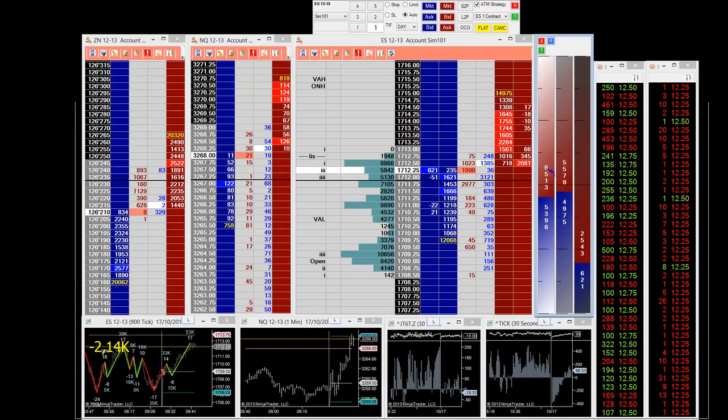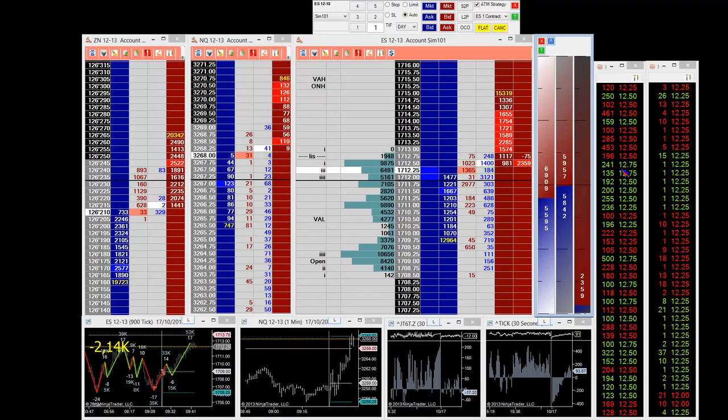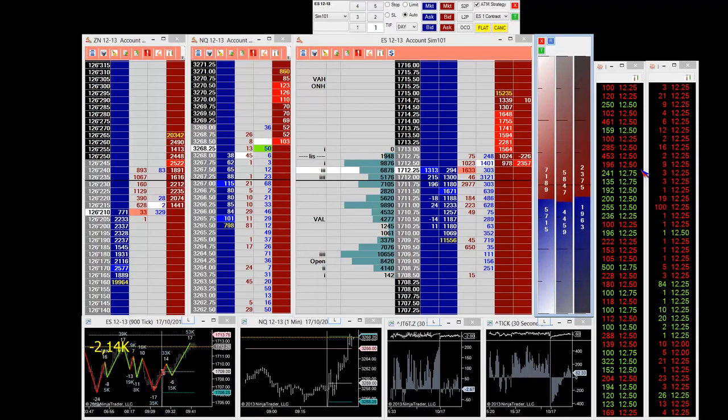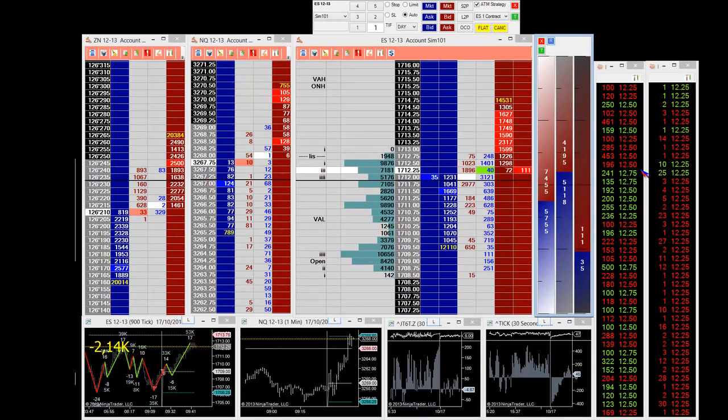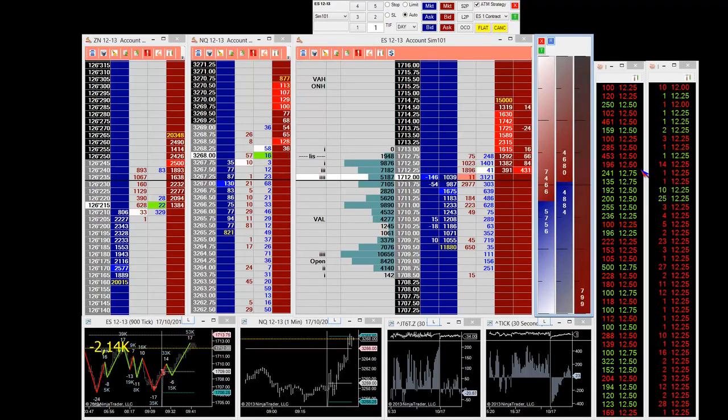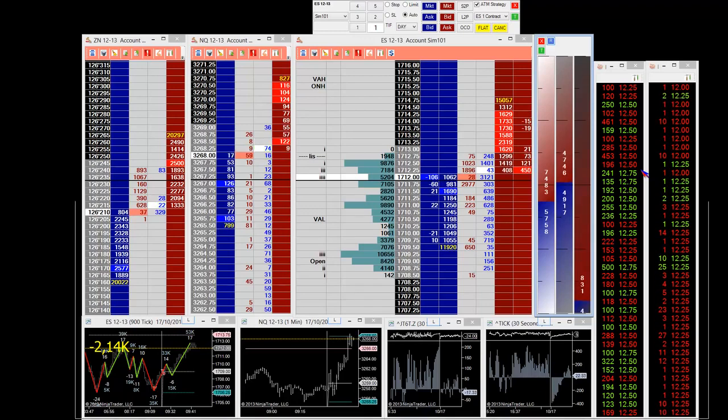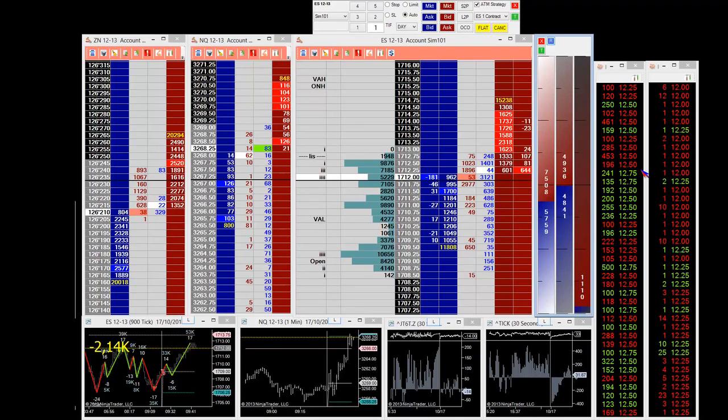Then we move further to the right, and we can see we've got 2 time and sales. First of all, let me just comment on the price. You can see a price on those time and sales. The price is 12.25, and I got 100 contracts. So we actually truncate the front of the price. What you're actually seeing there is 100 contracts traded at 12.25. Red is a sell,